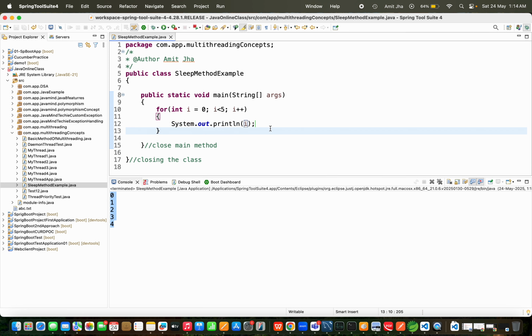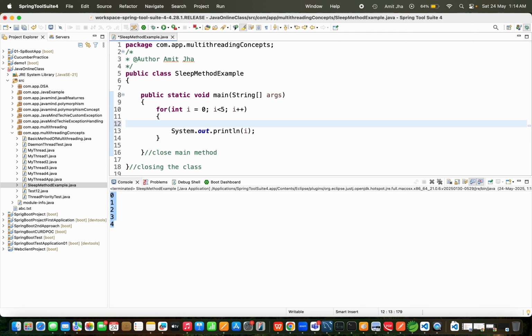If I would like to pause the current thread execution, you can use the sleep method. What is the main purpose of the sleep method? You can pause the current execution of a thread for a certain specific period of time. If I call Thread